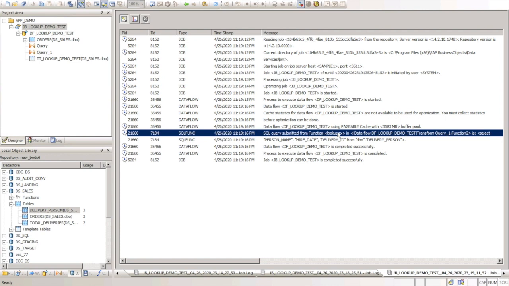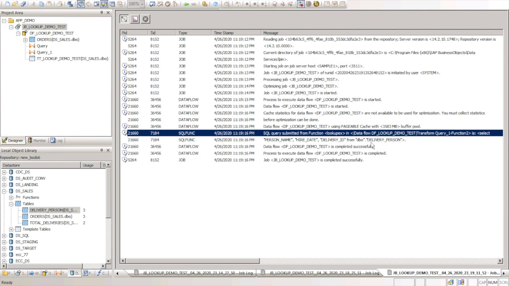This is a very important trace option which we should know, because everything will be good if your lookup table is having say 1000 records. Things will complicate when the lookup table is going to have 1 million records, because the query which this lookup function is firing to the database, select person name, hire date, delivery ID from the delivery person table, and whatever data comes from the database, all that data will be stored in the bot's memory.